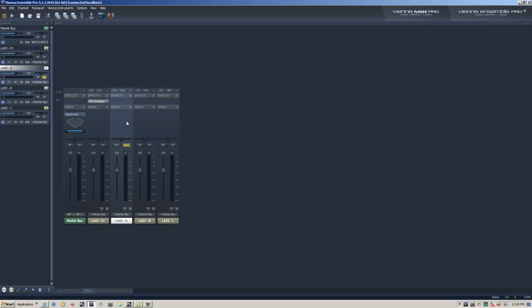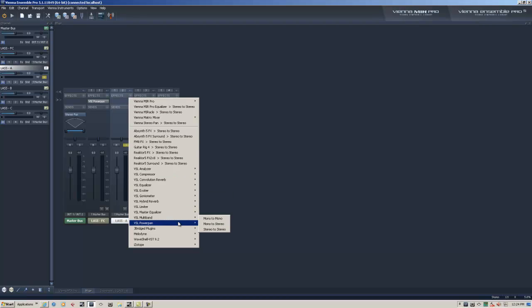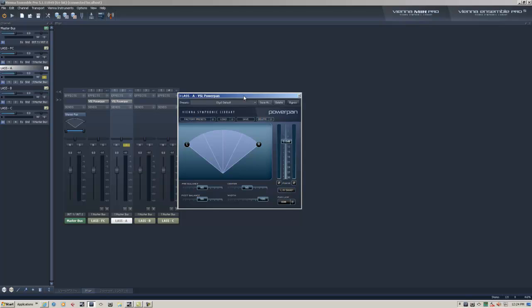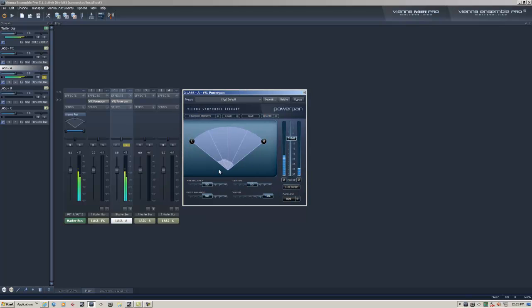Now let's solo the A. I'm going to add another Power Pan. And this time, it's going to start getting more dramatic on the panning. Okay, so that's coming strong left. And I can hear it. You may not through this setup that I have right now, but you can clearly see that that sound is very strong left. So I'm going to basically move it over until I get a nice balanced